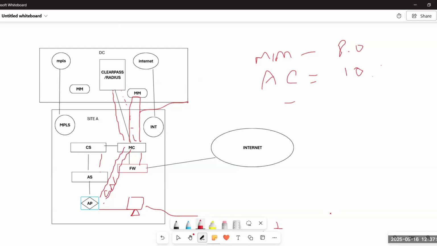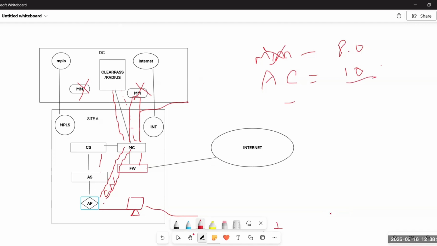With the launch of Aruba Central, it's the same functionality as the mobility master, but with different, advanced features and advanced technology. It replaces the mobility master in the data center, so there won't be any mobility master. Instead, we are going to use Aruba Central, which will run on Aruba